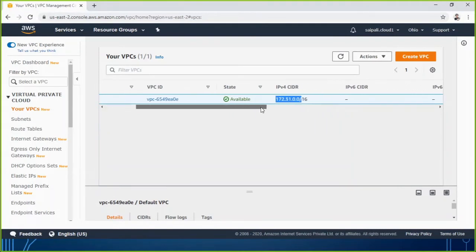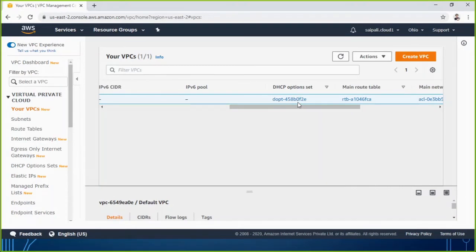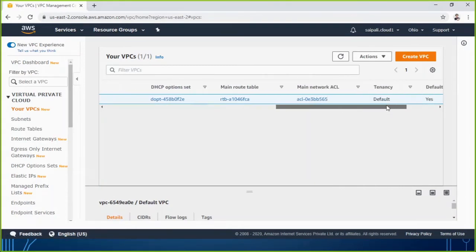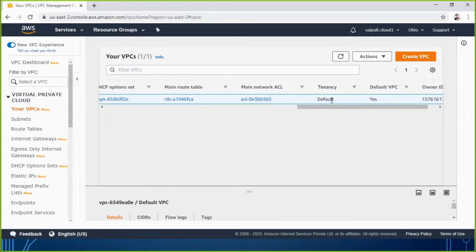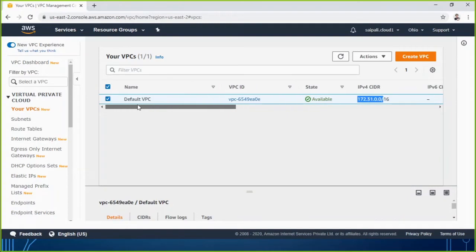If you scroll a bit more, you will see it is not using any IP version 6. It has the DHCP option set already there by default. The main route table is also there by default. The main network ACL is already there also. Tenancy is default. There are two tenancy types, default or dedicated. So it is default. Default VPC is yes. The owner ID is this. So this is my default VPC.